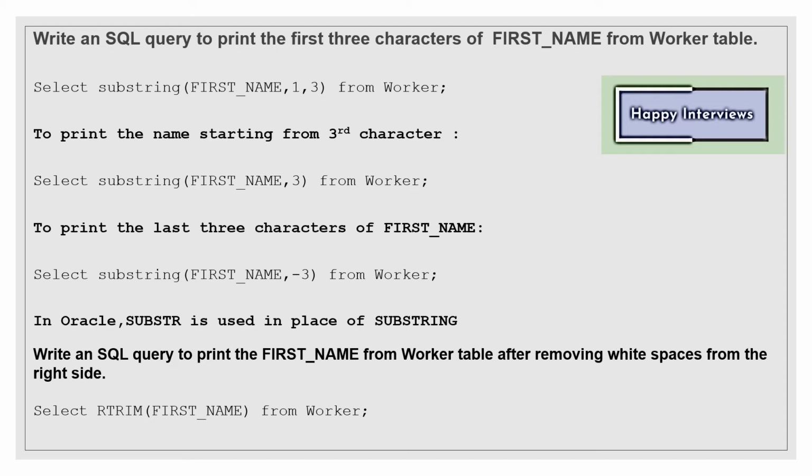Okay, next question is, write a SQL query to print the first name from the worker table after removing white spaces from the right-hand side. So here comes the role of the rtrim and ltrim functions. Rtrim means trim from the right side, and ltrim means trim from the left side. What it does basically is, when I have a char type variable where the length of the char is 10, but the input that I give, like the name Aman, takes only four characters, and the rest is padded by spaces. So when my output is there, I want to remove all the spaces from it.